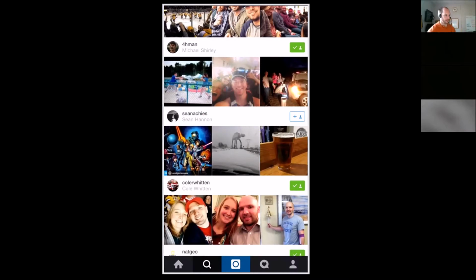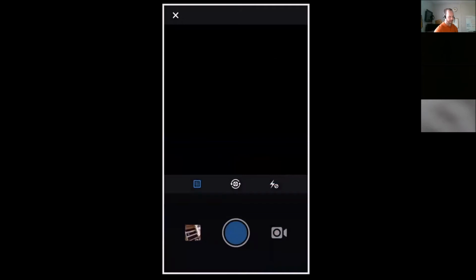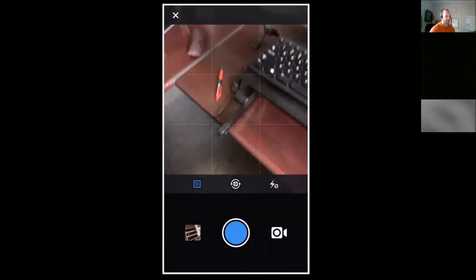Okay, assuming there are none, I will move on to the next one, which is the camera. As you can see, before I even click on the camera, it's highlighted in blue because that is the main focal point for Instagram. Instagram is a photo sharing application, so it makes sense for them to really push that camera button. So if I click on the camera button,